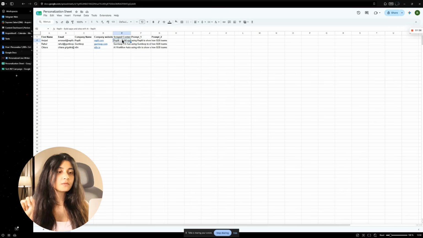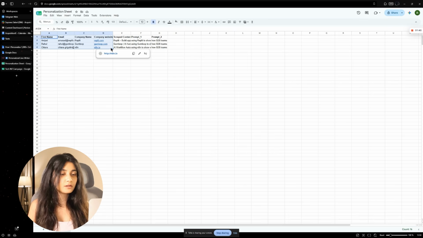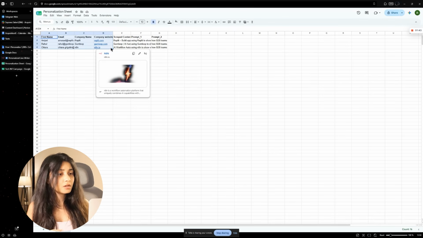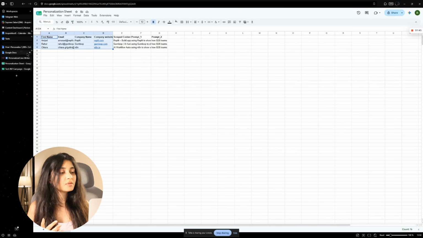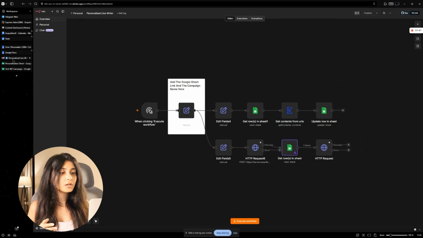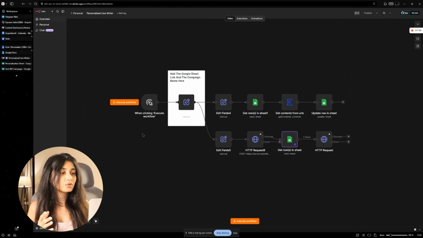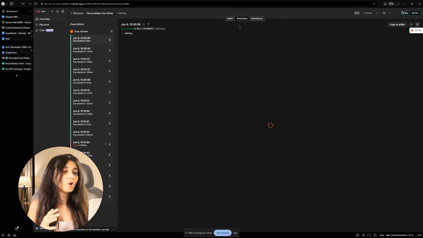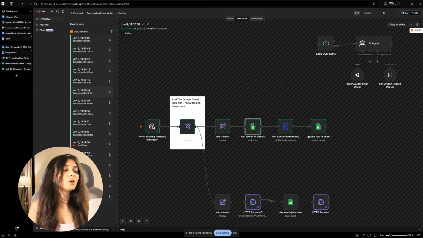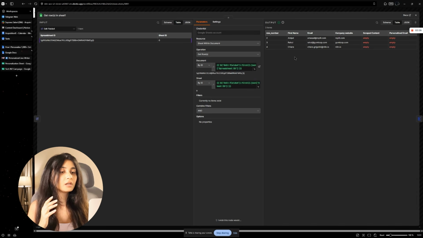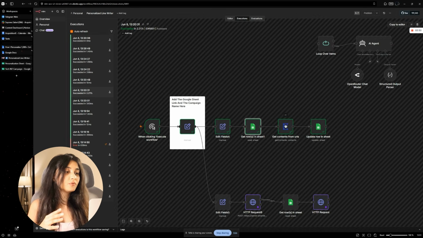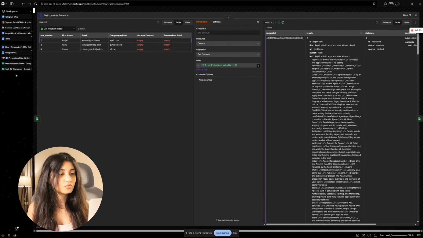Here's how that happens. Step 1, the workflow reads every row from the sheet, one lead at a time. Step 2, for each lead, it visits the company website and scrapes the page content: what the company does, who they sell to, what problem they solve, the headline, the sub-headline, the call to action on the home page. Then step 3, all of that scraped content goes into Claude with one specific instruction: read this company's homepage. Write one short, specific opening line for a cold email that proves I understand what they do. No compliments, no filler, one sentence.